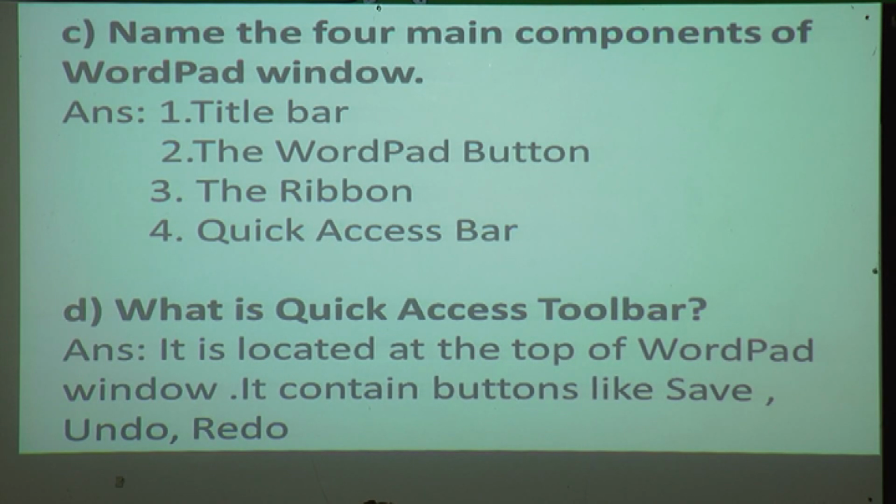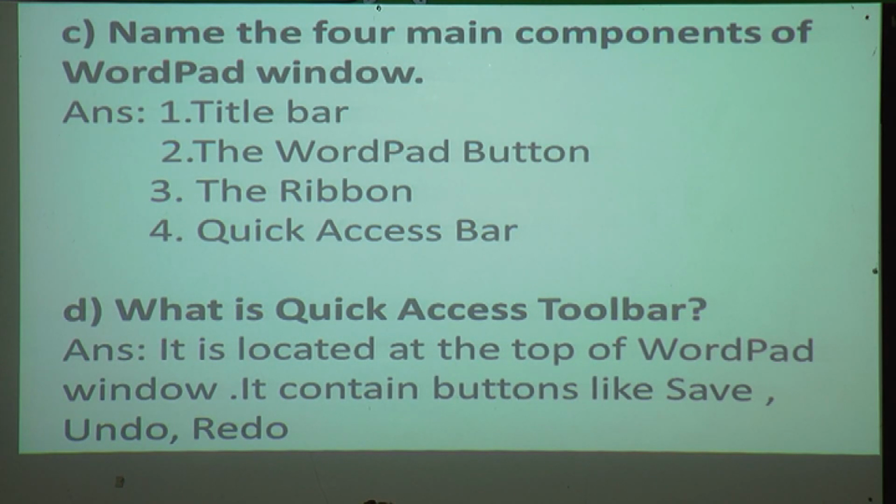What is use of the quick access toolbar? Now read with me everyone fast. Name the four main components of WordPad window.